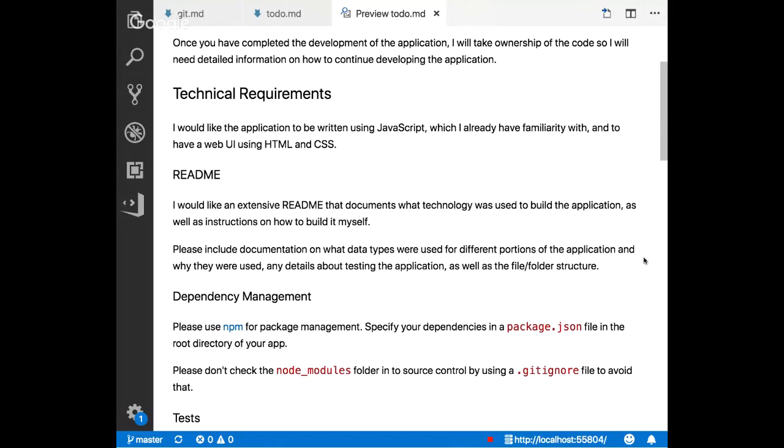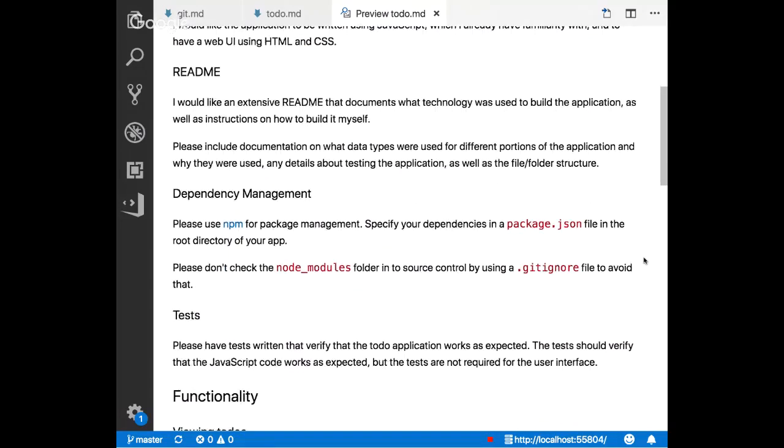The farther along you can get with the JavaScript code portion of this, working through it today, then a lot of people are able to really move along on that, we may actually be able to build a very basic web UI for that as we're talking about how to add JavaScript to the web in the last bit of courses that we have. They also want a README because they're taking